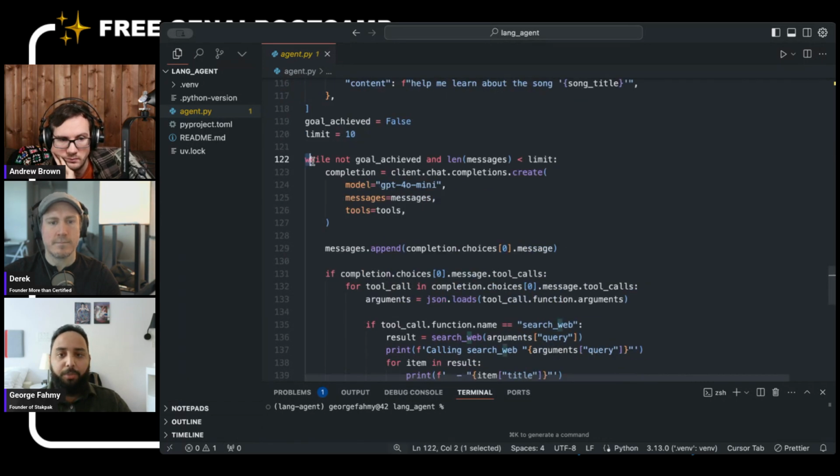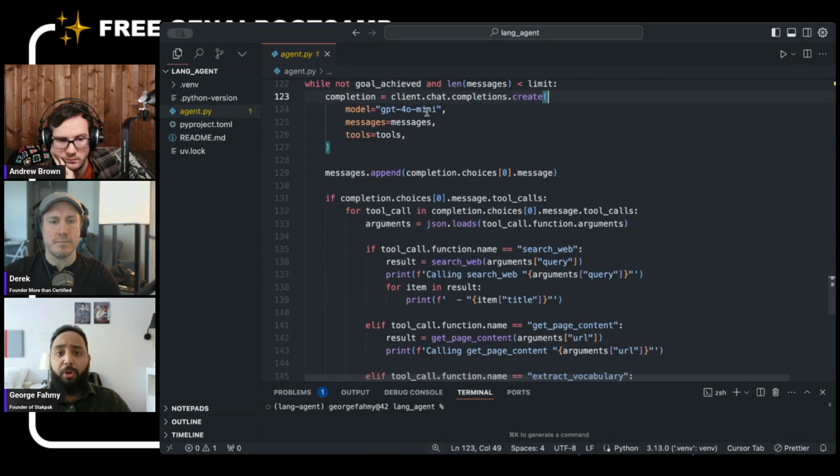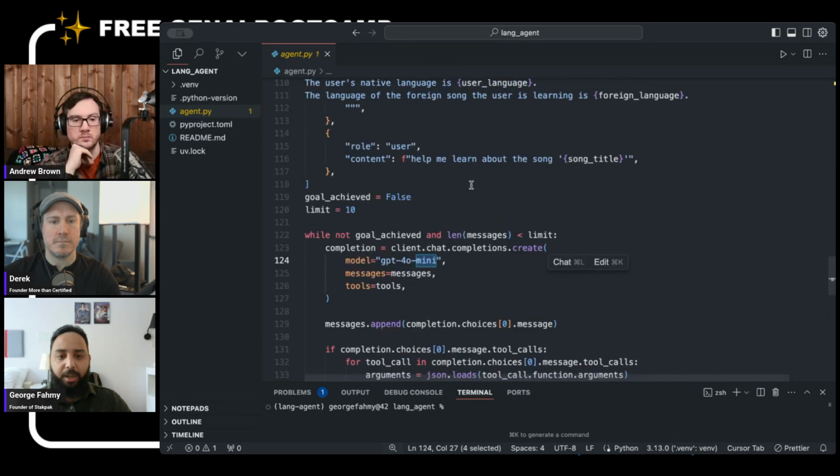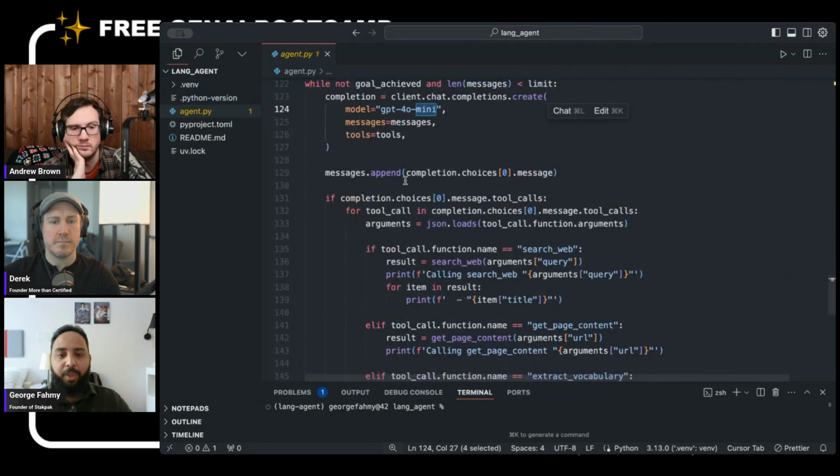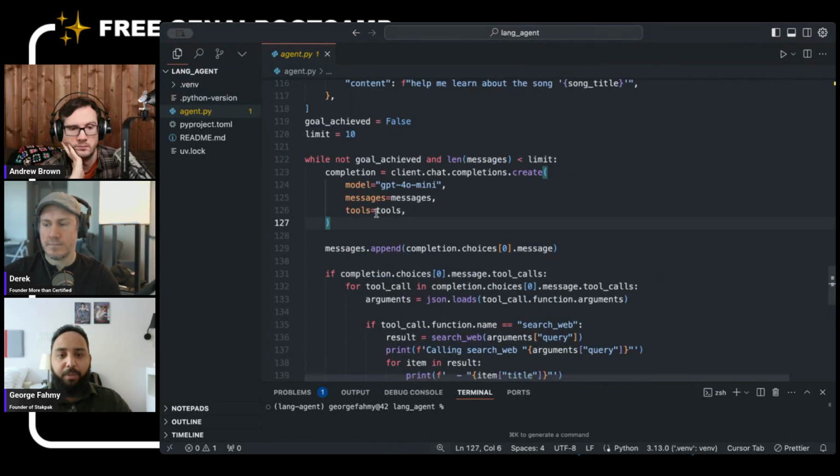So this is the control loop. As I said, we only stop if the goal is achieved or if we reach the limit. We use GPT-4o Mini because the part about structure generation here is actually generating the function calls. So what the agent would do is we give it the messages input, and then we invoke the LLM here,